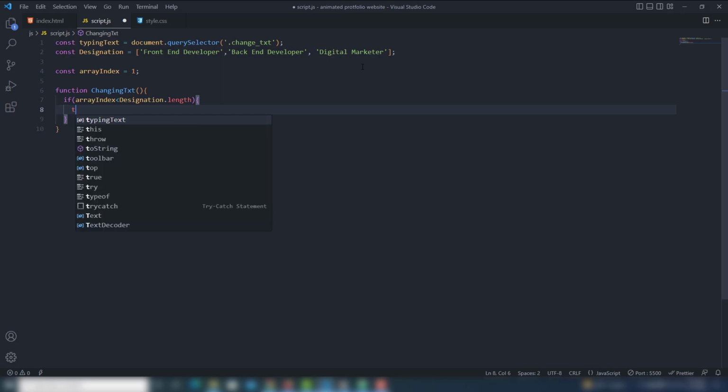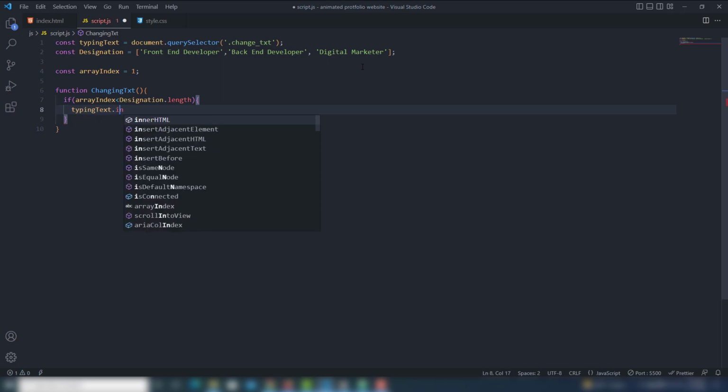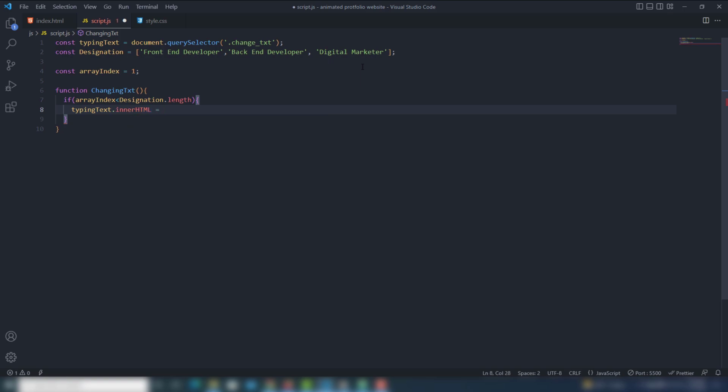In the if body, I just need to call typingText dot innerHTML and assign the value designation, with the array index number inside. Then assign arrayIndex the value arrayIndex addition by 1, meaning every time it changes it displays the front end developer. Once they add the addition to the array index, it will change to the second position every time. We will manage that.